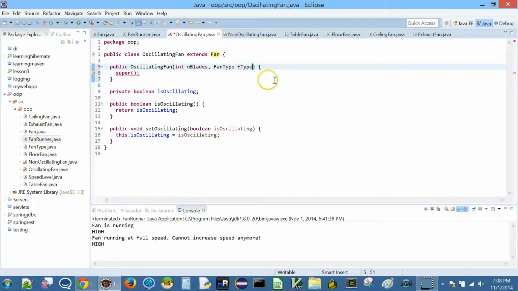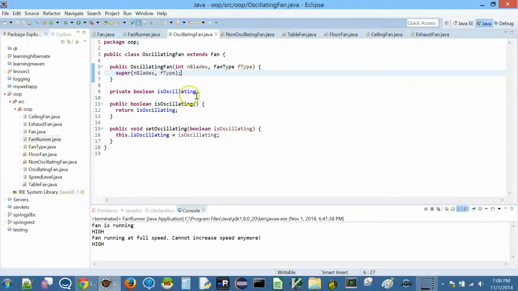So we just copy this and put this here, and then we say okay, n blades and then f type. Okay, so if we do this, we are fine, because now you can create an oscillating fan, but you need to pass these two, and then you can pass this to the parent class constructor. Okay, so that's how you can create this.